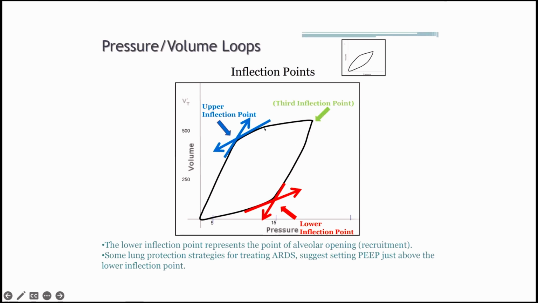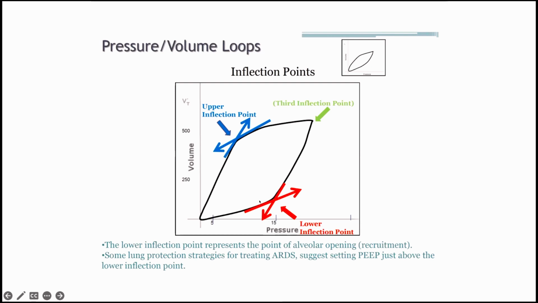And you can see in the expiratory curve, there is another one called the upper inflection point. The importance of the lower inflection point is that it is believed that the optimal PEEP is just above the lower inflection point, which is again highly debatable. So the lower inflection point is theoretically a little bit important, because the lung is